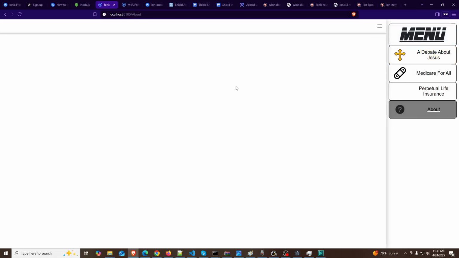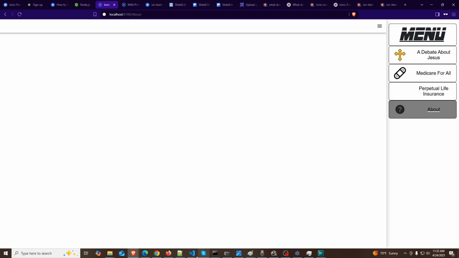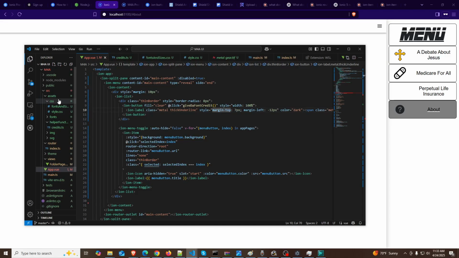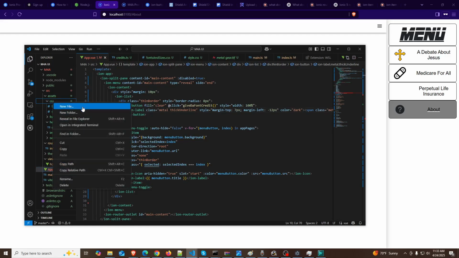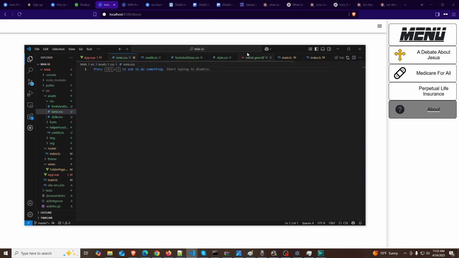Okay, we can quickly change how these buttons function on hover, like this menu button and this button. If we go to the Ion docs and look at Ion button, all of the Ion elements have some special custom properties where you have to use these dashes to actually access them. So we can make another file, call it ionic.css. Okay,